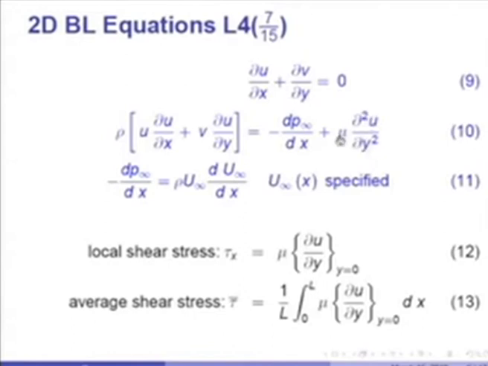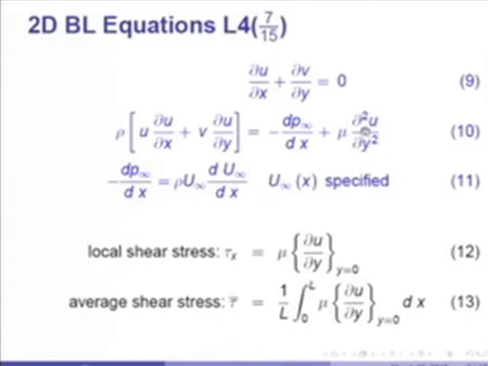Because this term vanishes in the free stream region, it is sometimes called the inviscid region, because viscosity is not allowed to play any part. The momentum equation written for the free stream region would simply be minus dp infinity by dx equal to rho u infinity du infinity by dx, and in fact, I can replace that term by this term. These equations must be solved with boundary conditions,